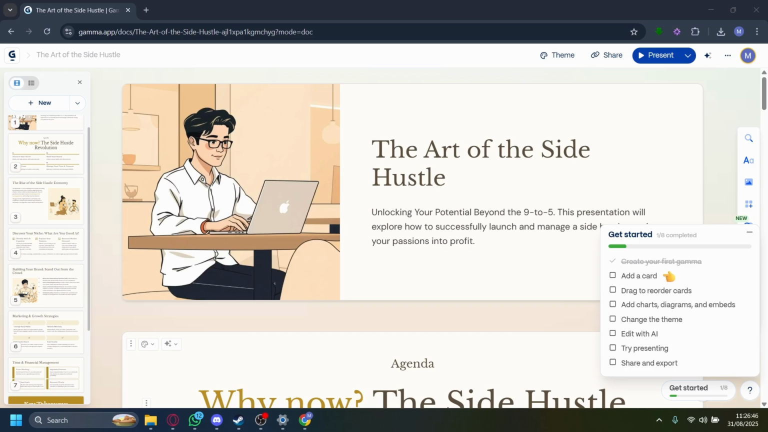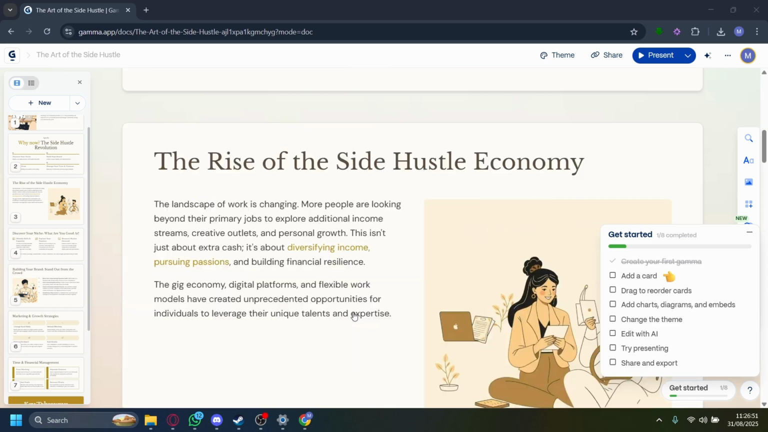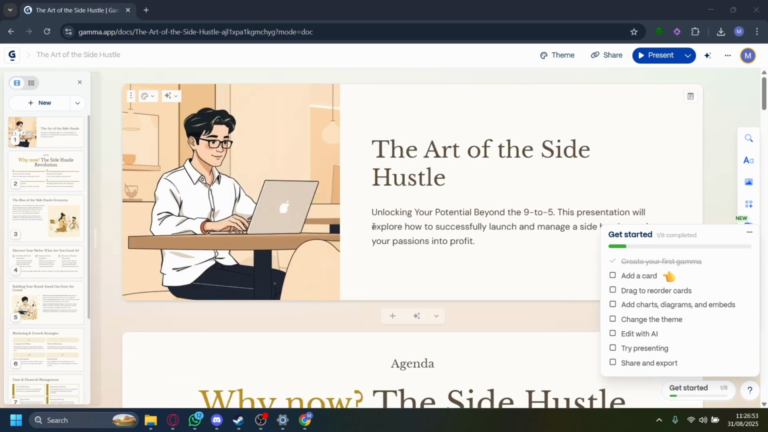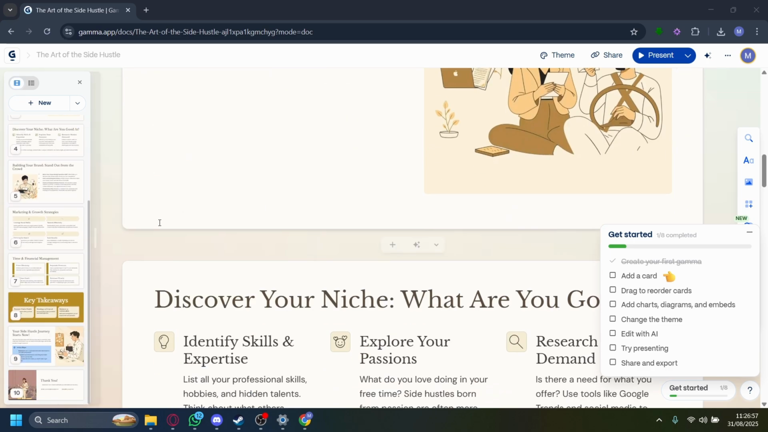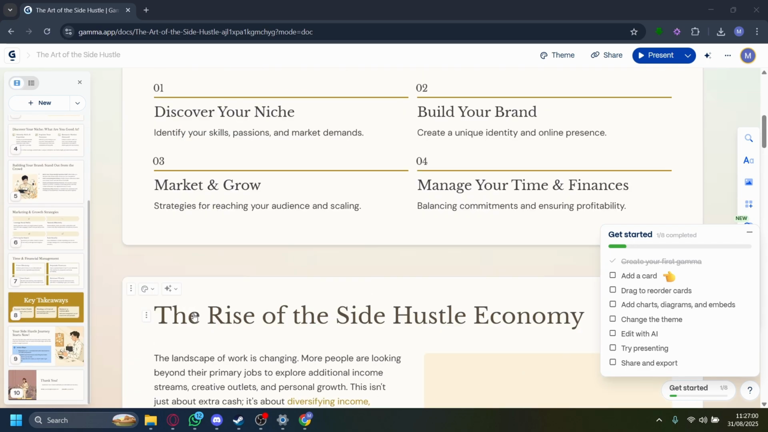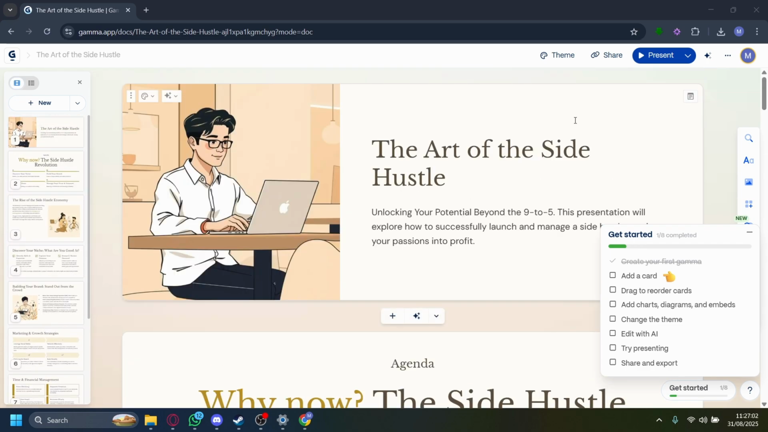I'll show you how you can export your cameras into PDF. So for example, here I have a camera. It's a PowerPoint presentation about the art of side hustle, the side hustle revolution, the rise of side hustle economy, all of these things. If you want to go ahead and export it to PDF, you can tap on this